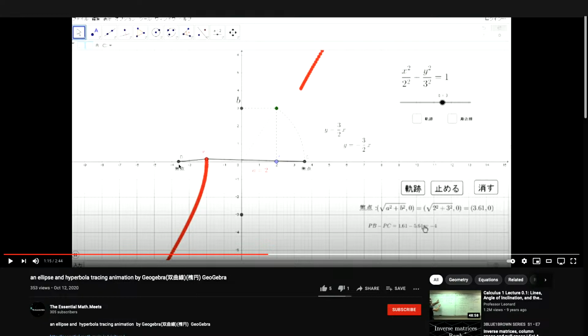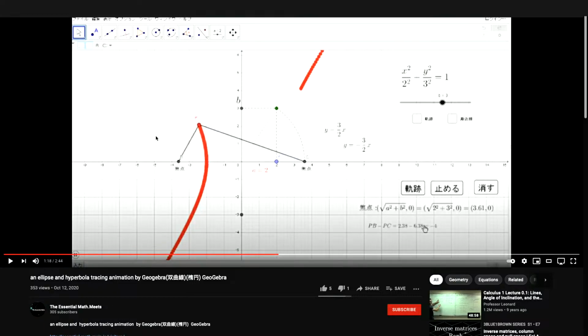This is one focal point, and this is another focal point. If you take the distance between this point and the point on the curve, which is right here, and then you take the distance from this point to this focal point, those are going to give you two distances. If you find the difference between them, the big distance minus the small distance, that answer is always the same. So as we play this video,